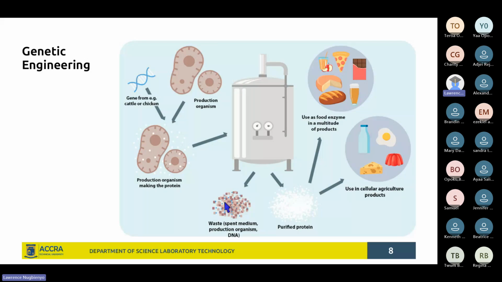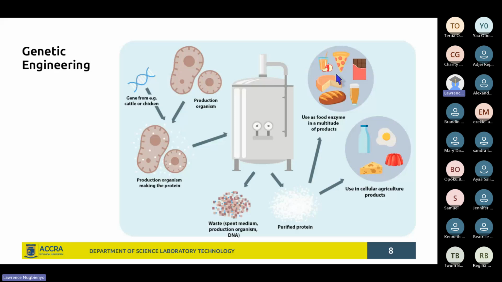And even if some of these bacterial cells are broken with their nucleic material, these can be separated as waste, and you have the product, the protein, which can undergo further purification before it is introduced into the food products, like some dairy products, some beverages, like maybe if it is some amylases, pectinases that have been produced,